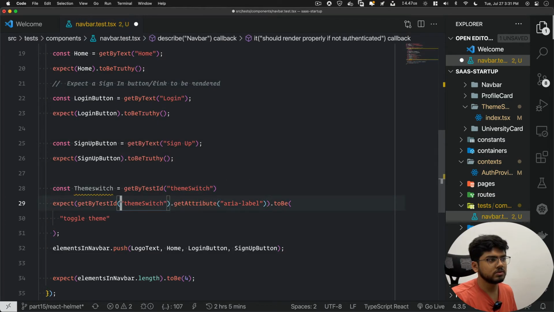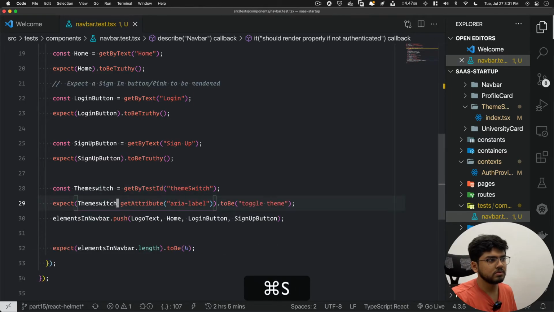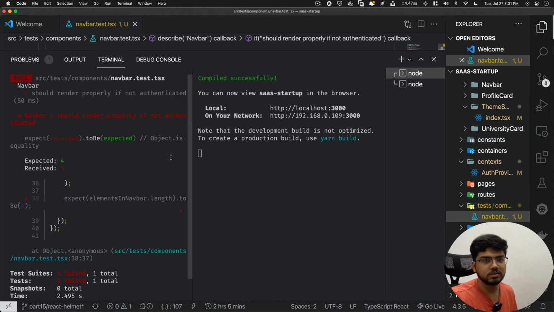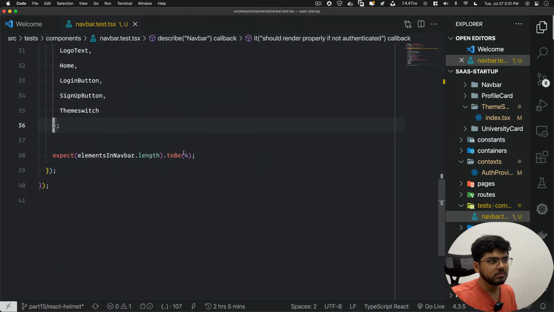And this theme switch can be used here. Yes, and we'll add theme switch also. Now it should fail because we have one more element. So that's how, if someone changes the code, we'll get to know that something is fishy with our navbar.